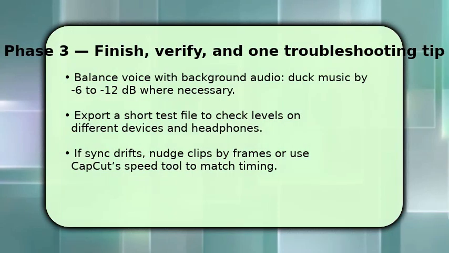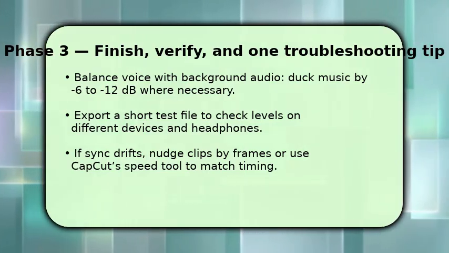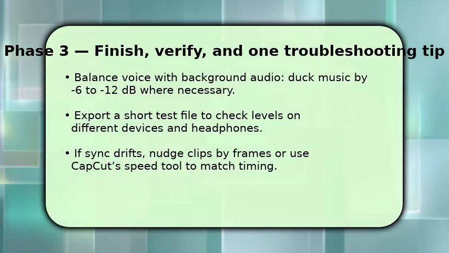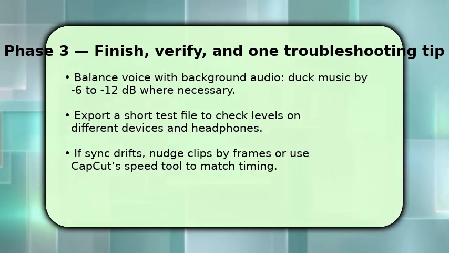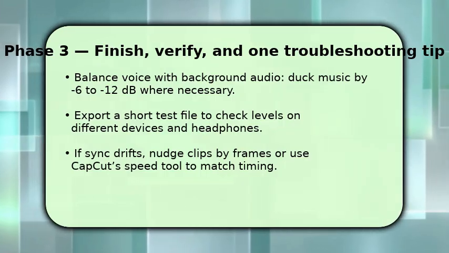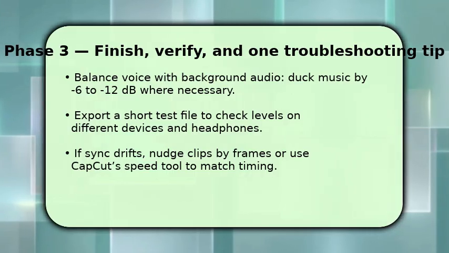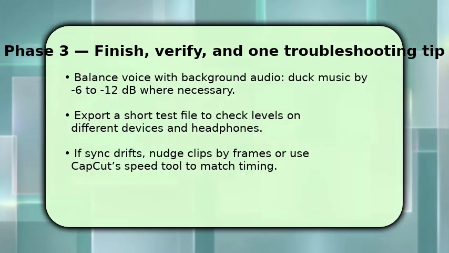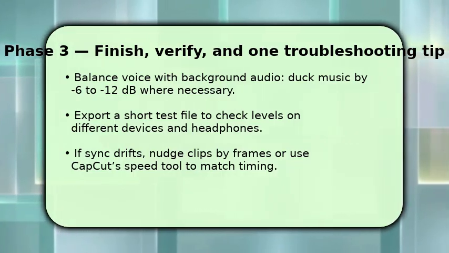Use volume automation to duck music by around 6 to 12 decibels under spoken parts, so words remain clear. Then export a short test clip and listen on phone and headphones to confirm consistent levels and natural pacing. If dialogue drifts out of sync, nudge voice clips by a few frames or apply small speed adjustments to the source clip to realign. Troubleshooting tip: if audio hiss or room echo remains,